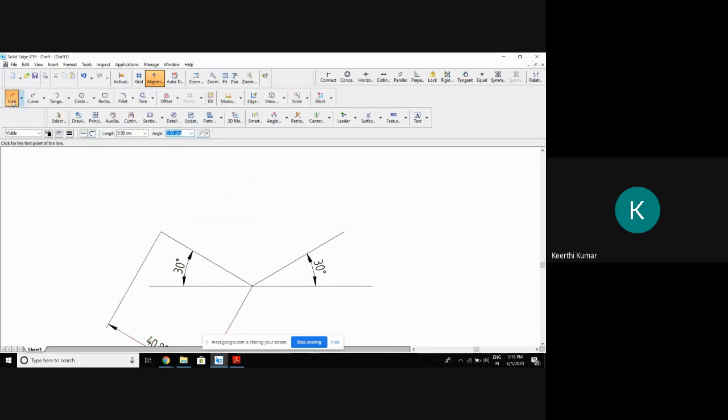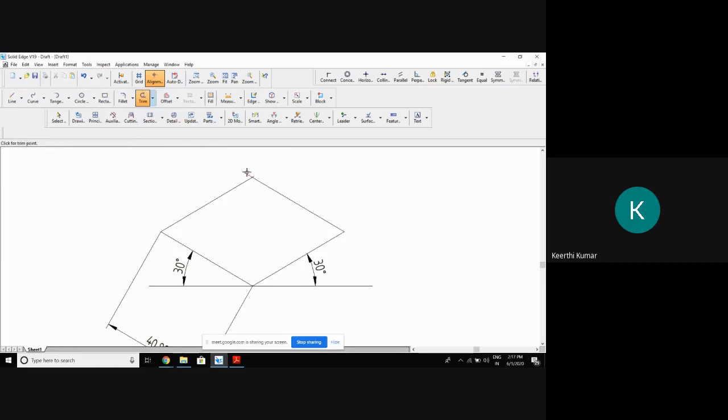Next, take a pencil and scale. From here, you simply draw the line, which should be parallel to this. Keep the scale properly. Try to draw the line parallel to that. Then again from this point, draw one more line, which is parallel to that 30 degree line. So this is parallel to this. This is supposed to be parallel to this. Like that you're supposed to draw.